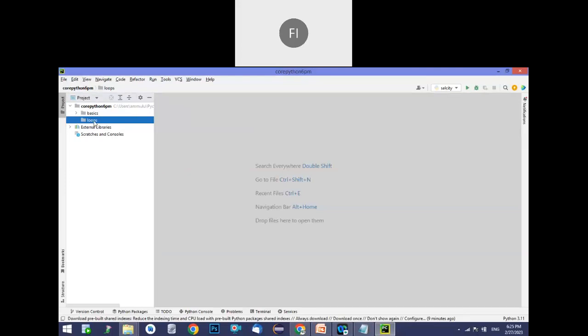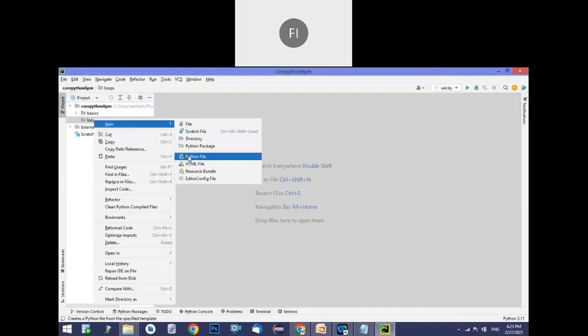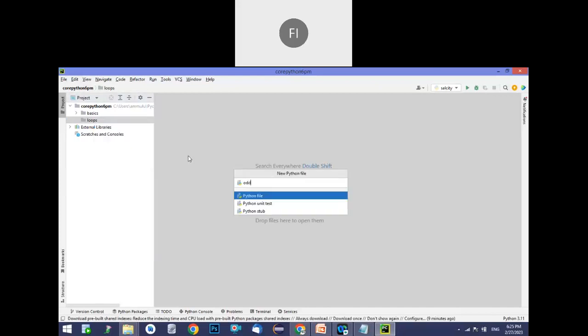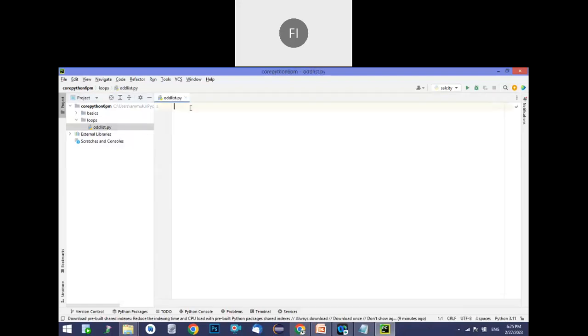I will demonstrate this example with a while loop. So now a new Python file, and I'm naming it odd list. First of all, as I mentioned, we want to take the limit, which is the max value to print the odd numbers. As usual, it's a number, so we take int of input of enter limit. Now to print the odd numbers, I'm taking i equal to 1, initially starting with 1.